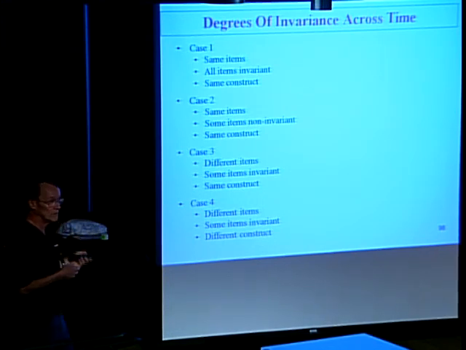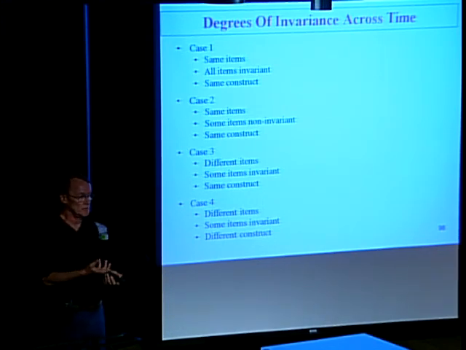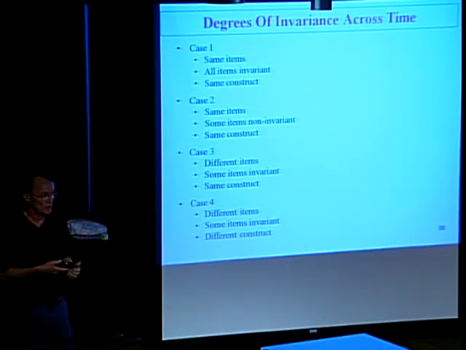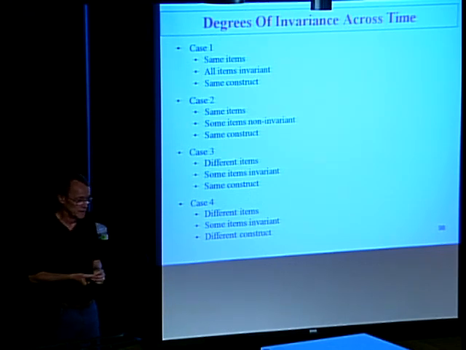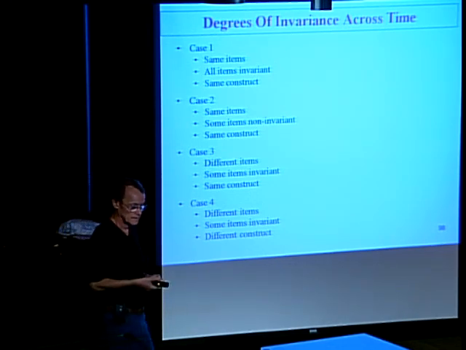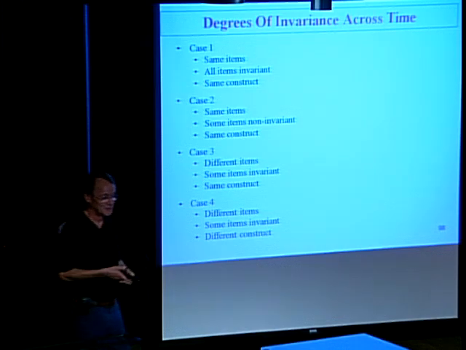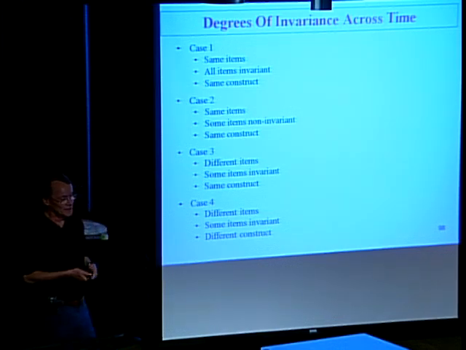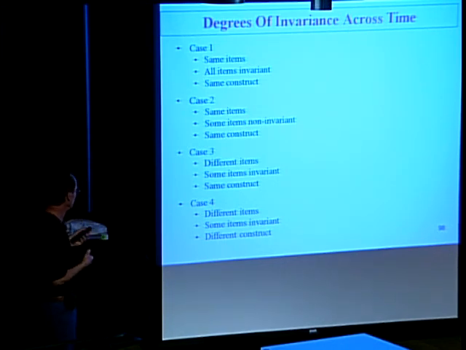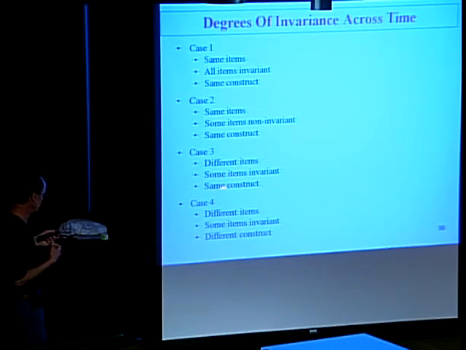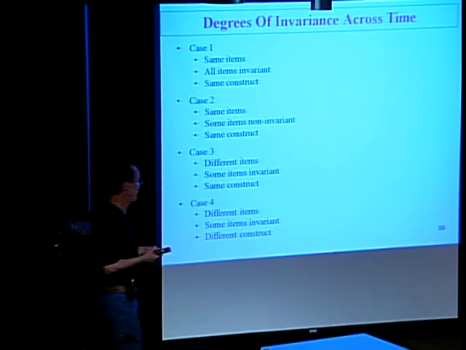But the idea is that some items are the same across time. I think they're referred to as anchor items in educational testing and so-called item response theory. So you have to have some items the same, but some other items can be different across time. We'll take a look at that. And we have to have some item invariance across time to be able to study the same construct and therefore study change across time. And then ultimately you come to a case 4 where